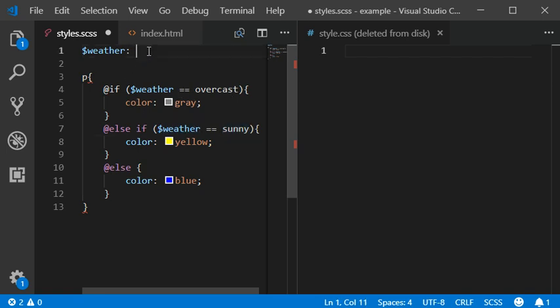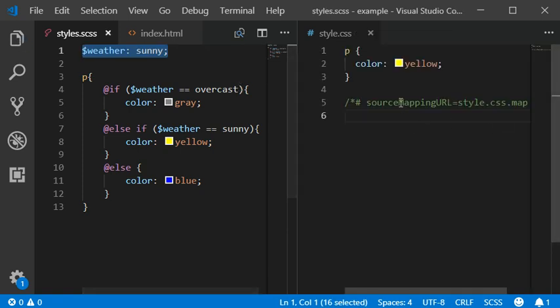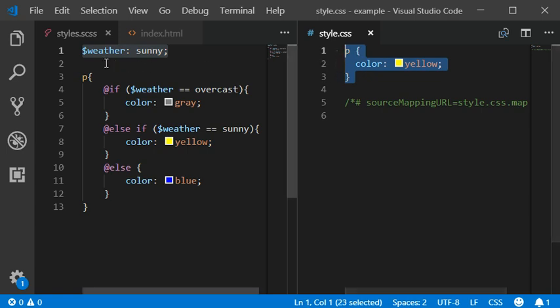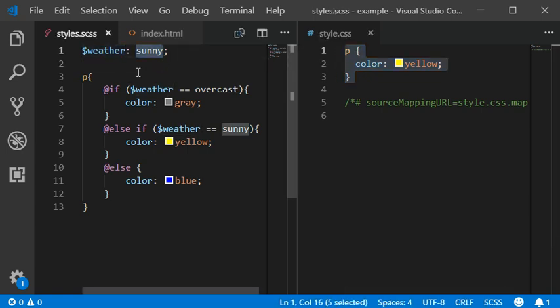So here we got the results, and if we don't have any of these, we will definitely not get any results. So that's how you can add a variable equals and the conditional thing in your